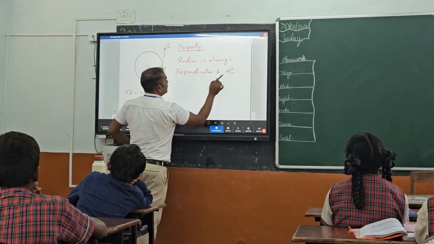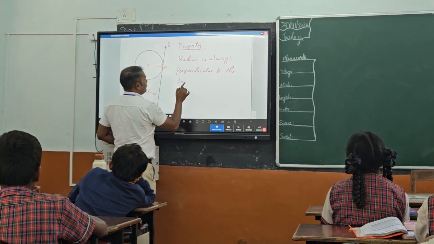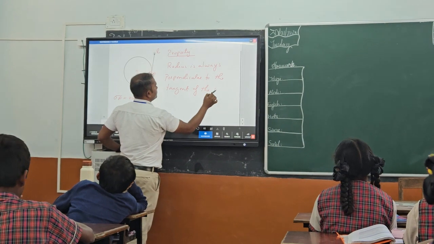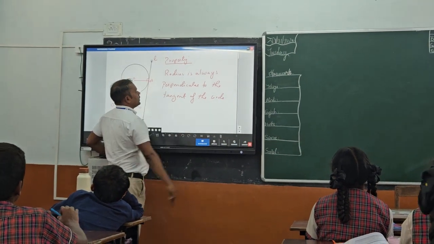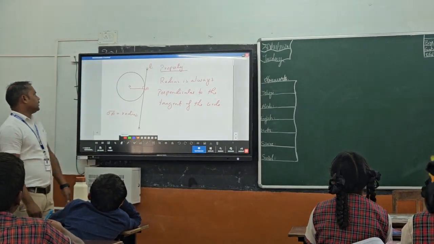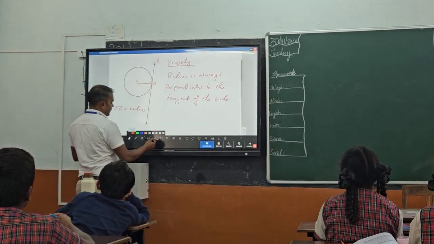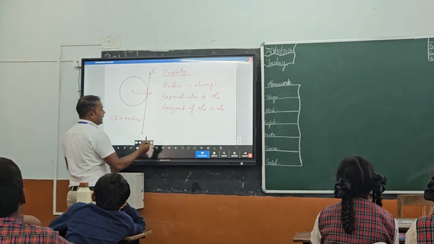Perpendicular to the tangent. Tangent of the circle, or tangent to the circle. So the radius is always perpendicular to the tangent at any time. And in a chord also, if you take a chord,